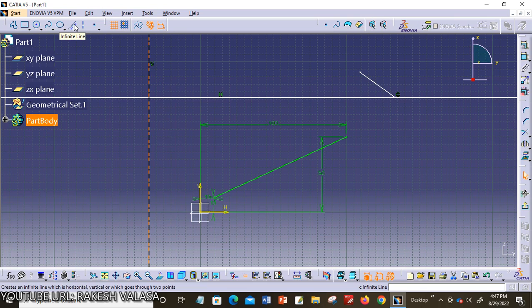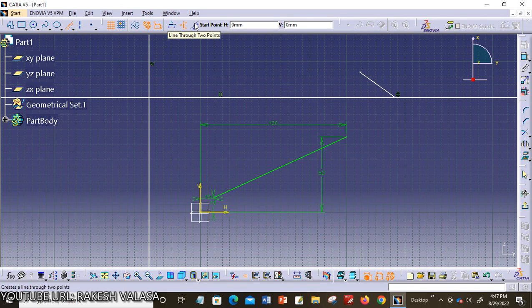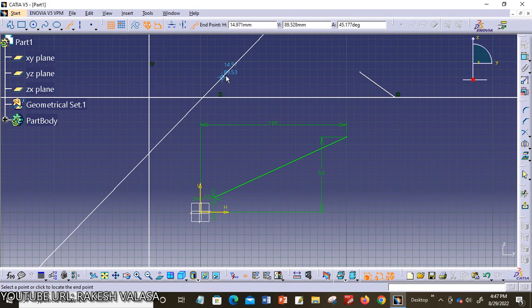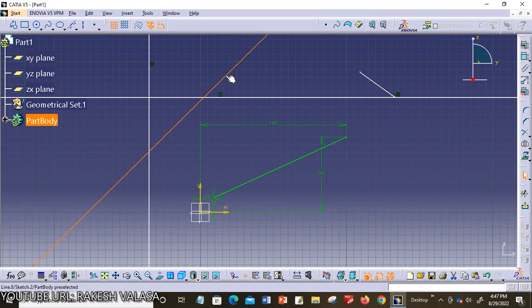Now again I am going to activate this infinite line. I am choosing third one, line through 2 points. By using 2 points we can draw the infinite lines. This is the procedure to construct infinite lines in Catia V5 software. The next one, third option, is